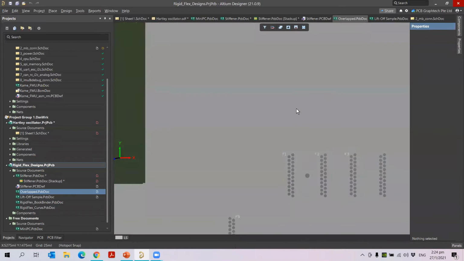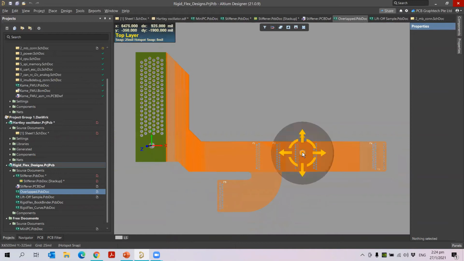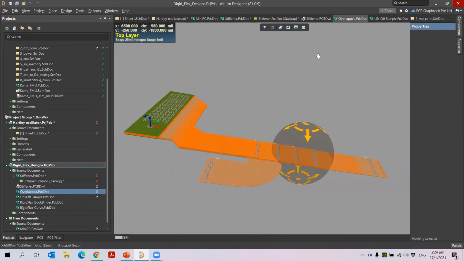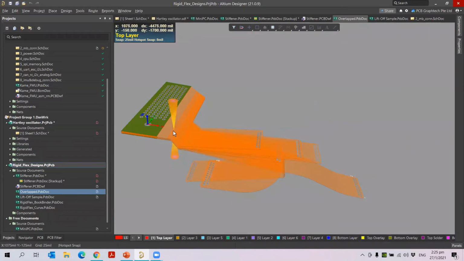Let me go for the 3D view, and I just want to show you. Let me bend this and then press 5. You can see how nicely your board is bent here. Based on the bending lines, you will see this region is the overlapping region, and based on that, you can see the nice bending of each region of your board. This is possible based on the bending lines as well as the priority of the regions. Based on the priority, the one with the highest priority number will go first. So this is about your overlapped regions.